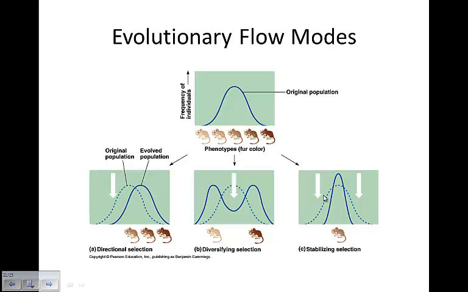Or we can have this stabilizing. So this original bell curve then moves to the stable center. So it becomes even more stable and more uniform. You can see all these different phenotypes for fur color, and here, now we've narrowed it down to the one that works best. So these are all related to some trait that's going to be beneficial for survival. Not all of these are going to be beneficial for survival. But in the case of stabilizing selection, ding, ding, ding, that's the winner. All right, so,